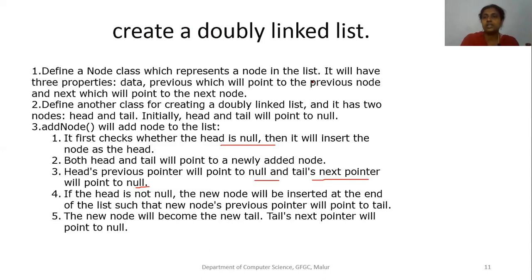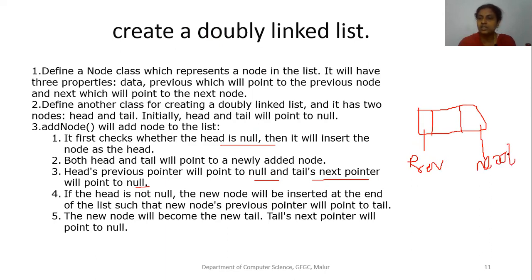To create a double linked list, first we need to create a node. As usual, we need to create a node. Here the node is going to be divided into three parts. As per this explanation, I call this previous part the head, and this next part the tail. Or we can call this previous, and this next. Here they are calling previous the head, and this they are calling the tail.